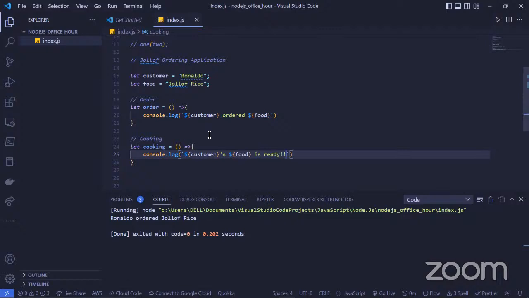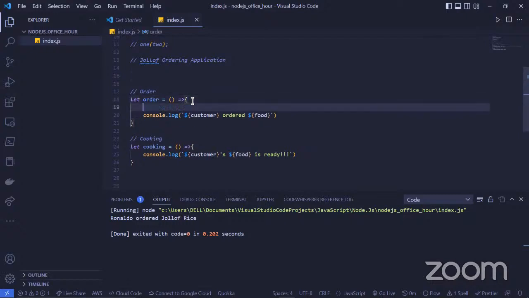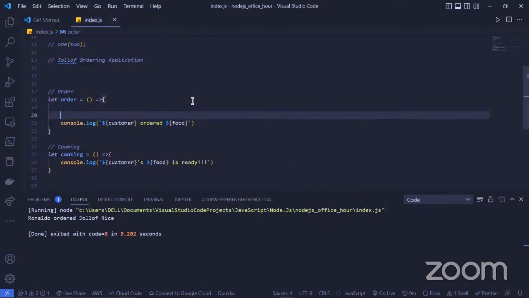So this is, if I take this, I cut it away and I put it here instead.